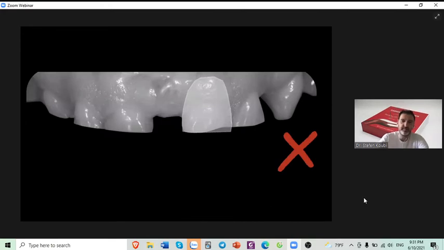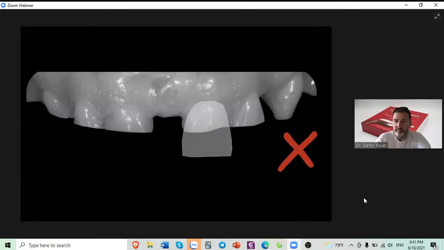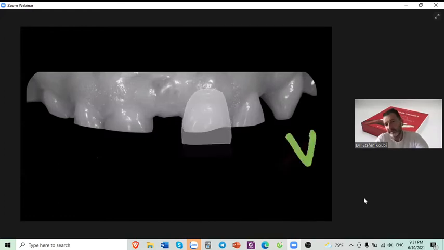So for example, from this extreme case, it's easy to find the proportion. But the main question is, do I have to place it from the pink part only? Do I have to place it from the white part only? Or is it a matter of both sides? And if you want me to be honest with you, and I think this is what we try to do every day,